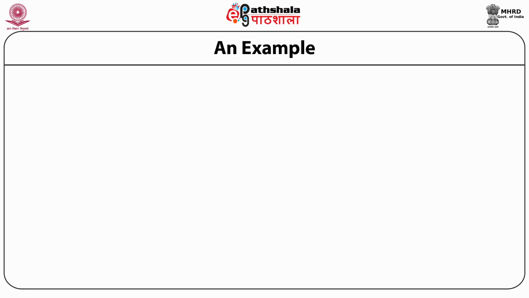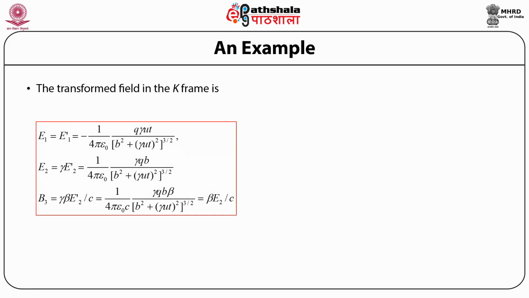Now once we've got these equations, that is the field equations in the k prime frame of reference, we can find out the field equations in the k frame of reference by using the transformation equations. So in the k frame of reference, we get the equations E1 is equal to E prime subscript 1 is equal to minus 1 upon 4 pi epsilon naught whole times q times gamma times u times t upon bracket open b square plus within brackets gamma times u times t bracket close whole to the power 3 by 2. E subscript 2 is equal to gamma times E prime subscript 2 is equal to 1 upon 4 pi